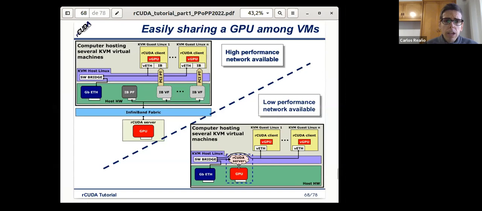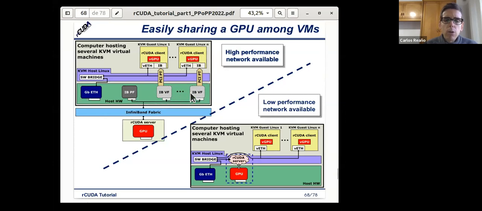So what we can do, thanks to remote GPU virtualization, is by only adding this software layer or middleware layer. We can have two scenarios for sharing these GPUs. In the case we have a high performance network available, such as InfiniBand, we can have an InfiniBand physical function of this network, and we can create virtual functions of this network adapter.